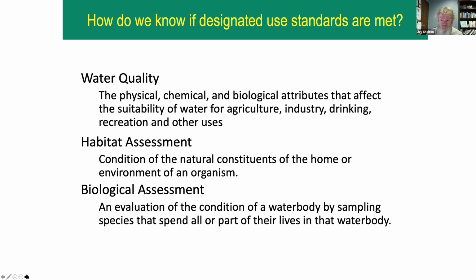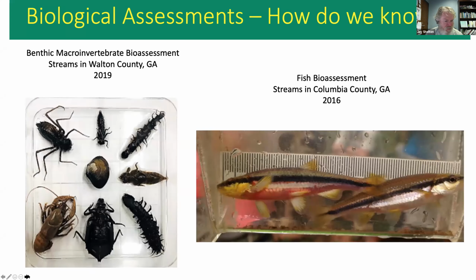For example, we might look at a wetland and use a habitat assessment tool to determine whether it's good habitat for something like wood ducks or even beavers for that matter. And then the final part of this, which is what I spend a lot of time doing, is what's called biological assessment, where we actually use some form of living organism to tell us about the conditions in a given water body, whether it be a lake or a stream or a wetland or an impoundment. So biological assessment is something I'll talk a little bit about here for a minute, if you bear with me.